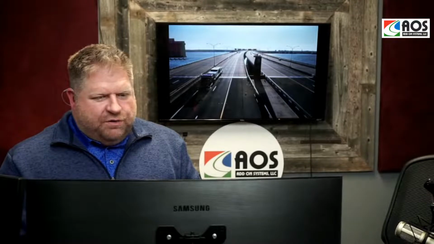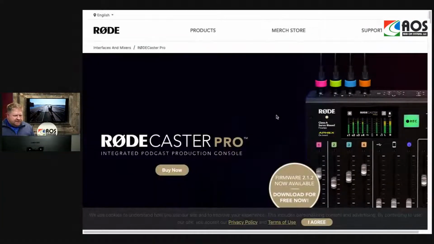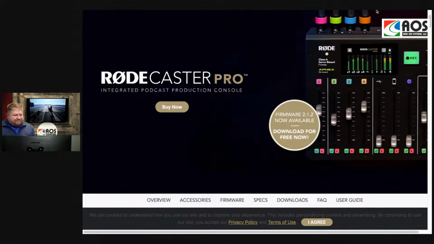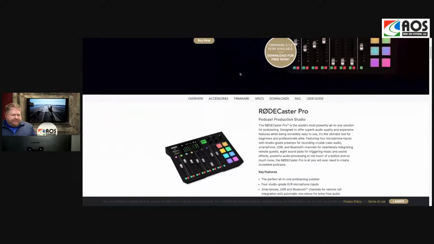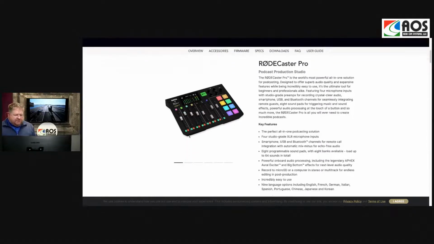And this is the Rodecaster Pro. I think it won some product awards. A very compact unit. It has 4 mic inputs. You can see I'm going to come on down here. The footprint, probably the size of 11 by 17. You have separate volume controls for your mics, 4 mic inputs, USB